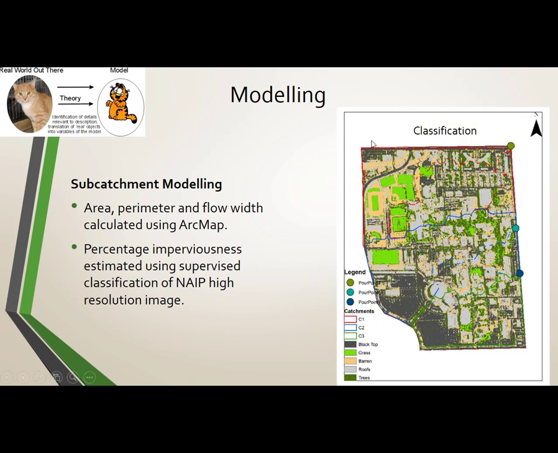So this is an image of the whole UNLV, and the area is classified into 5 classes: blacktop, grass, barren, roof, and trees, and we will classify them into pervious and impervious,